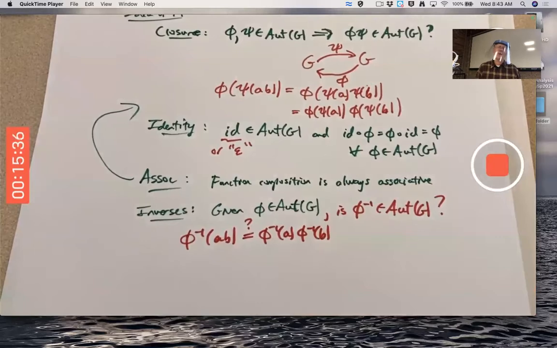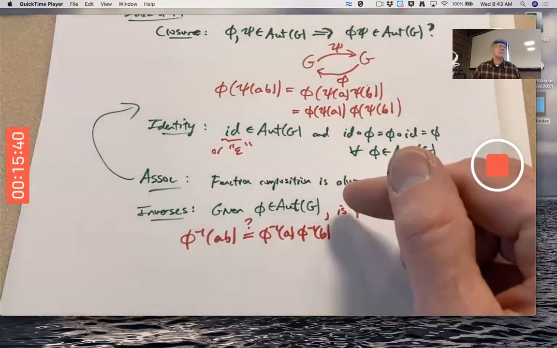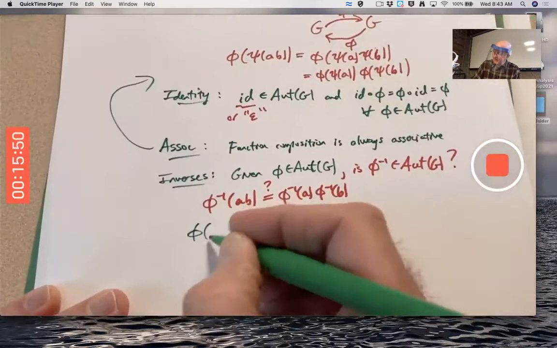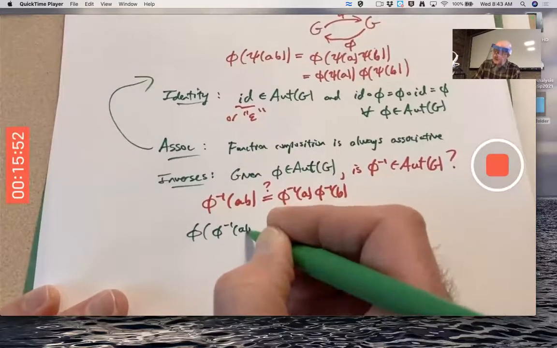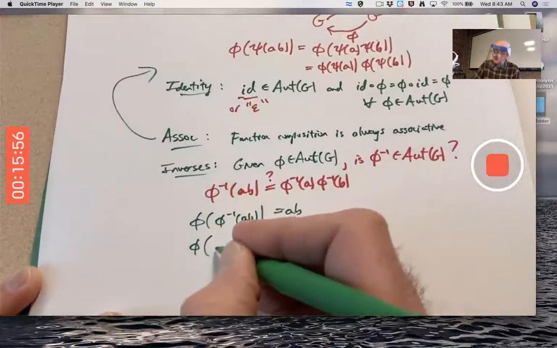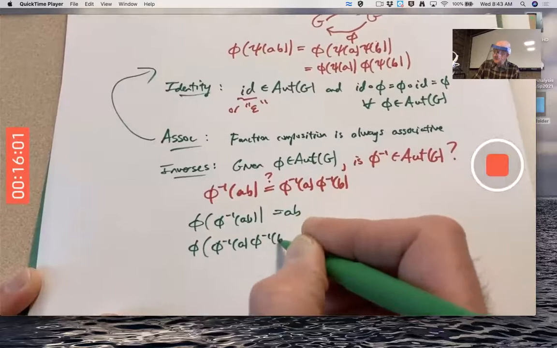And as always here, you've got to use what you're assuming. We'd have to use the fact that phi is assumed to be operation preserving, and phi and phi inverse are inverse functions. Phi of phi inverse of AB, by definition, is AB. And phi of phi inverse of A times phi inverse of B,